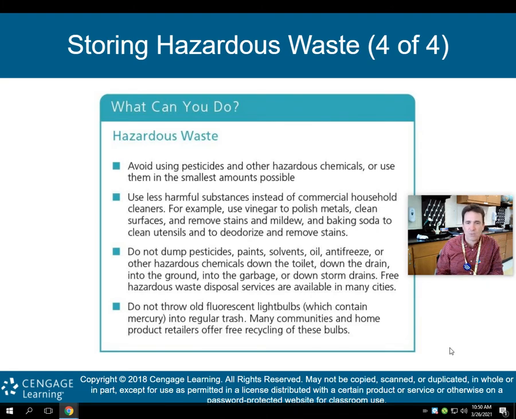Free hazardous waste disposal services are available in many cities. I know in my town over in Airmont, Rockland County, once a month or once every other month, there's a date where a truck comes around and picks up any hazardous waste that you have. And it's free. I mean, it's not free. I'm paying for it in the $18,000 a year in taxes that I'm paying for my property in Rockland. But obviously, I don't pay any additional fee for having hazardous waste out there. So again, sometimes just dispose of it in your city, in the place where it needs to be disposed.